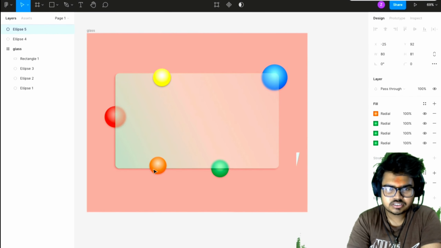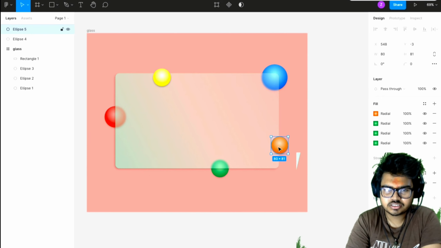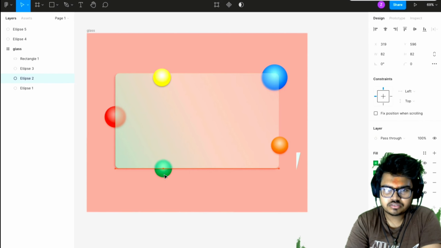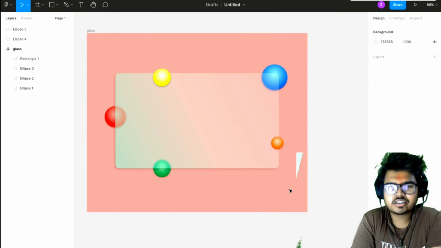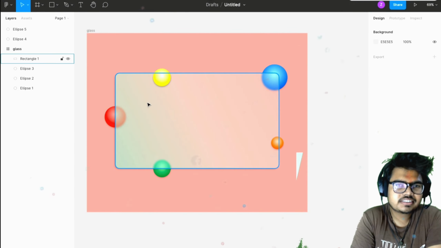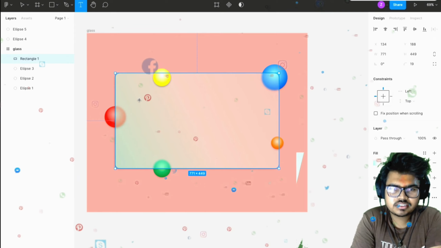Okay, let's move it to there. No, let's go to there. Let's make it a little bigger or smaller like this. Yes, it's looking good. Okay, so let's write something like